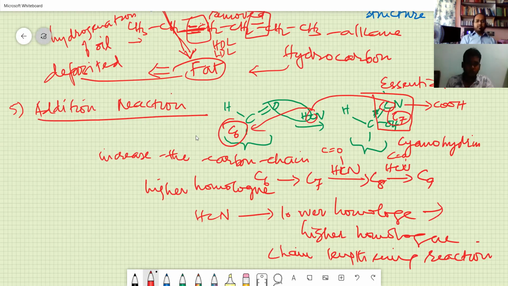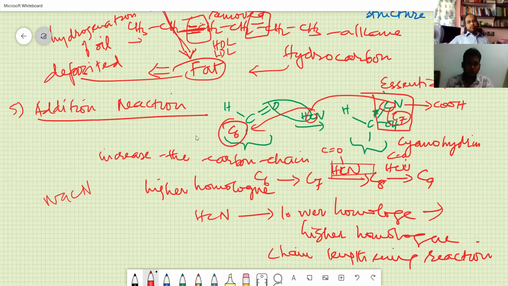Because it is very poisonous, it removes the hemoglobin's oxygen, goes and sits there, and forms a very stable complex. As soon as the oxygen of the entire blood is removed, asphyxiation takes place, and the deprivation of oxygen leads to metabolic death. So there were chances it could be misused, so we avoided using it for conversion reactions. But you can remember that the C double bond O group is a very essential group, and you can always add HCN. Sometimes they give potassium cyanide.